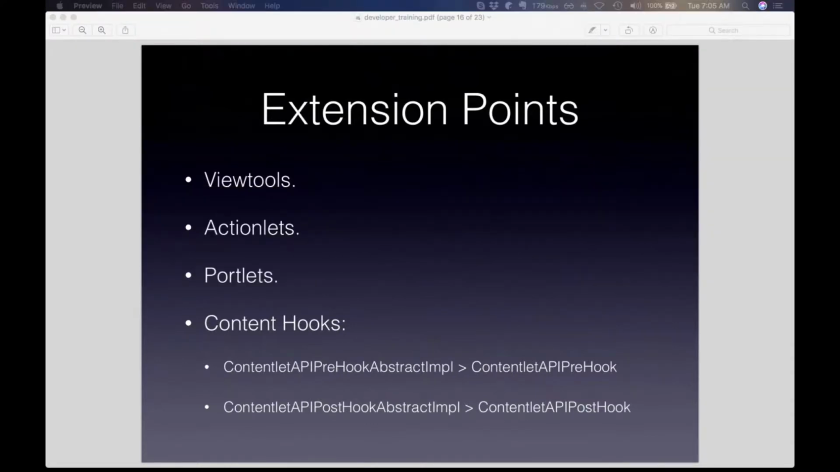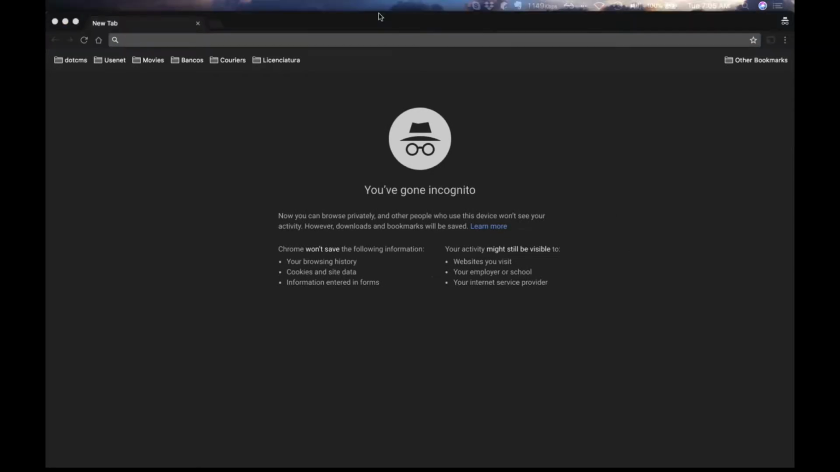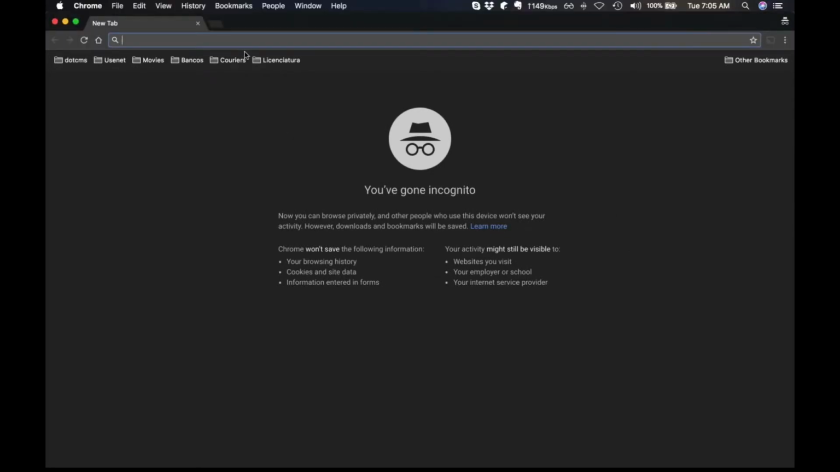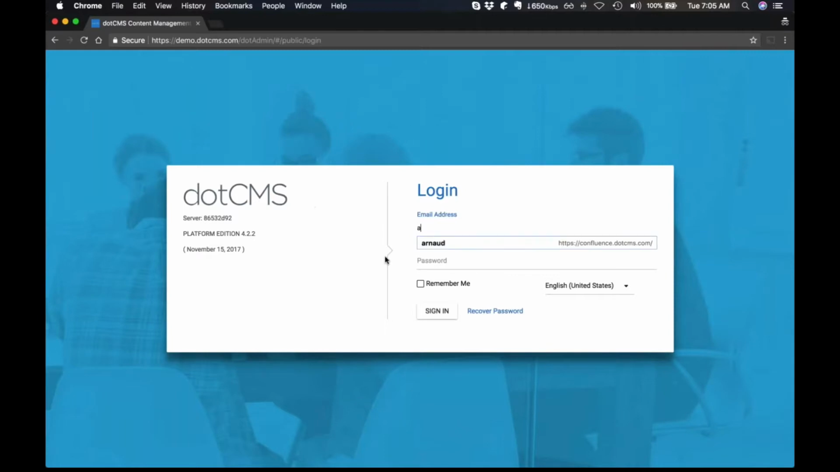Let me just open a new window here. Right now I don't have my dotCMS instance up, so let's try with the demo site. Okay, I'm going to log in with the default